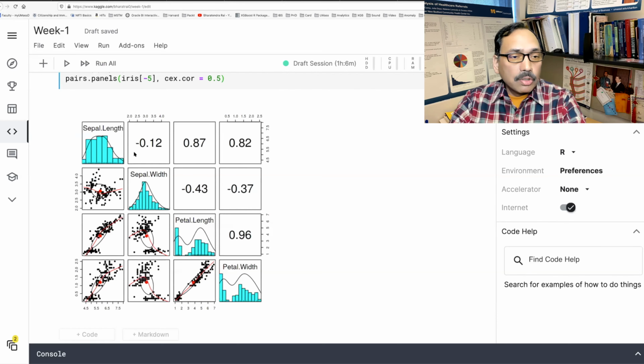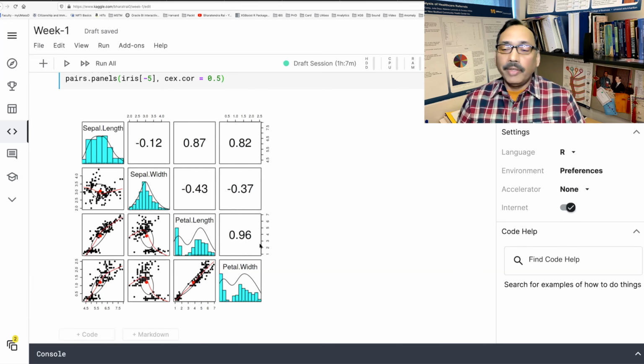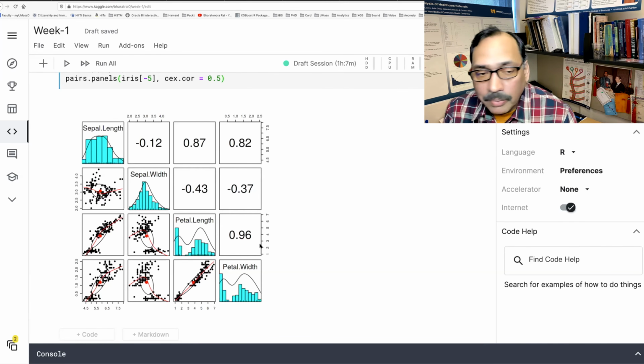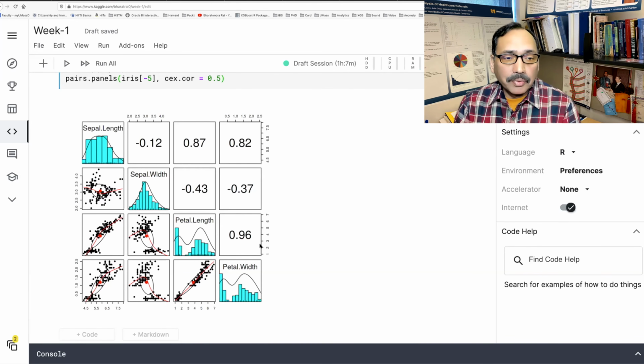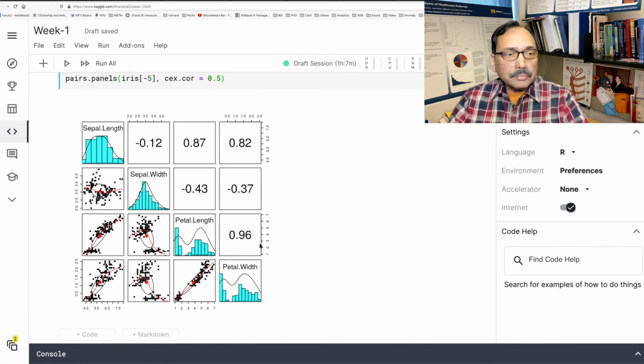So we were missing those negative signs. So now it's clearly visible. So you can see this is something which is very informative and very handy, especially when you have many numeric variables, and very quickly at a glance you can see what's going on instead of having to plot one by one with a lot of effort.